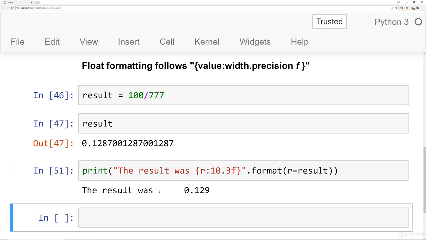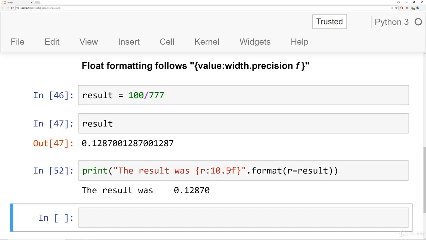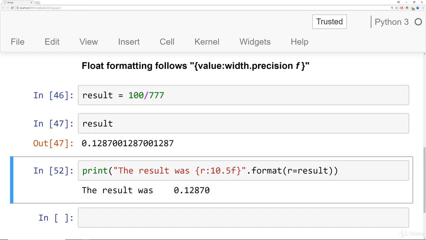Now, if I play around with this width value and make it really large, what ends up happening is you end up adding white space. The reason for that is because the width basically describes how long or how wide you want this entire string number to be. That's not terribly useful because you end up writing a ton of white space, but there may be certain situations where you want to edit that. So it is available here, but often what you're going to be playing around with is really the precision here. So we can make this 5, and here we can see now we're taking up less of the total width because we have more numbers past the decimal point.